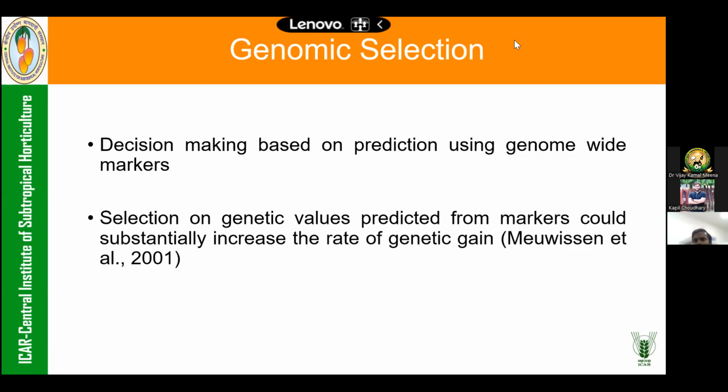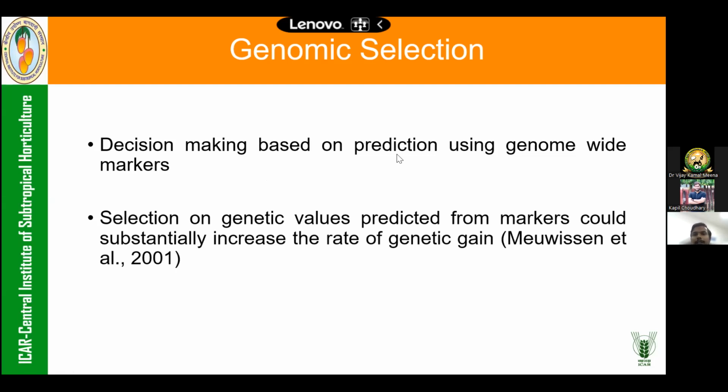Very few people had access to those kinds of software, and people used to go to them and calculate ancestry metrics. So it was very difficult at that time to go for selection based on the phenotypic value and BLUP analysis. But now, with the advancement of computing facilities and development of different algorithms, it is